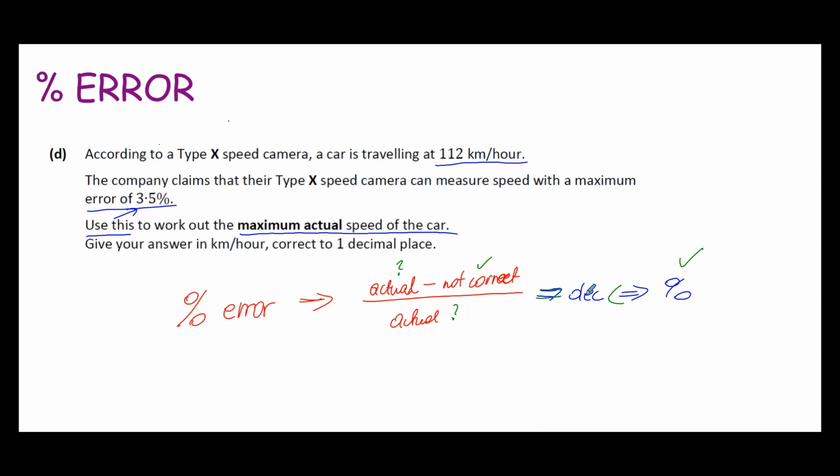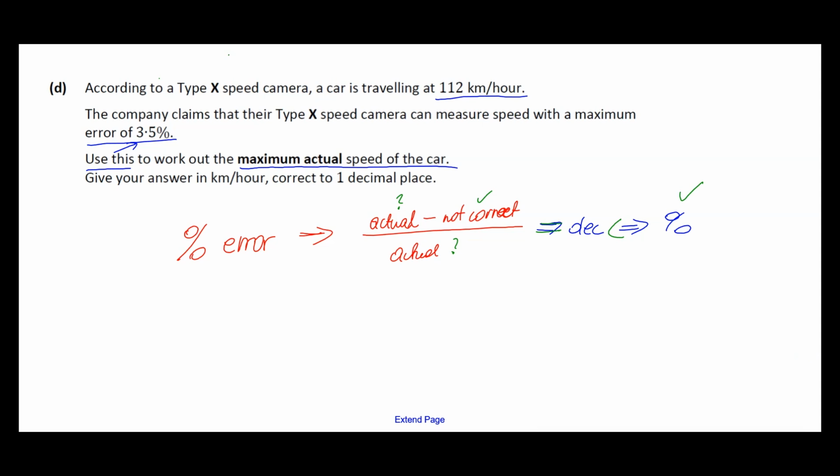We have how much decimal we're going to get, but we don't have this value here. So we are kind of working backwards. Let's call A for actual. So actual minus not correct is what? 112. And then divided by actual, which is A,